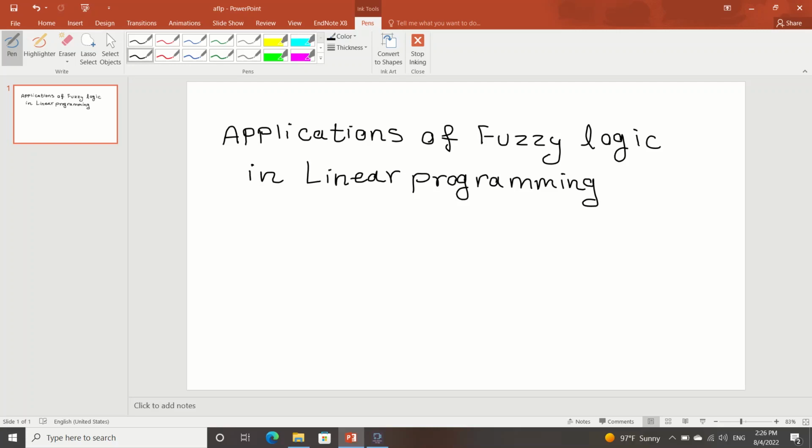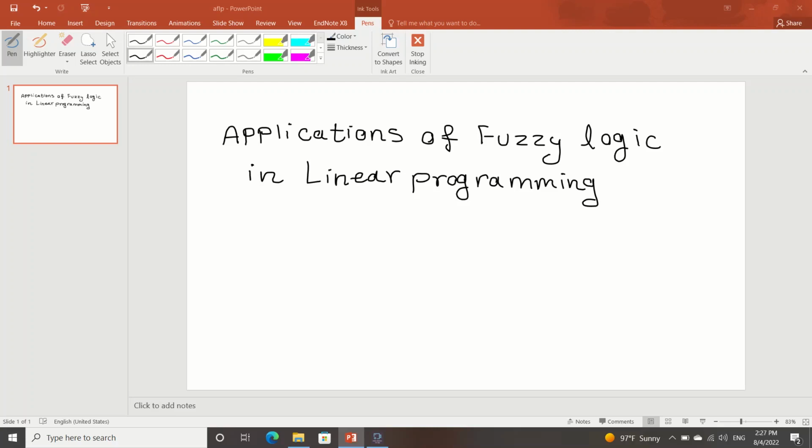About the fuzzy logic, it is necessary to study the fuzzy systems, the fuzzy numbers, trapezoidal fuzzy numbers, triangular fuzzy numbers, the fuzzy relations, and the elementary principles of fuzzy. And also about the mathematical programming, especially linear programming, it is necessary to have information about the structure of these models.